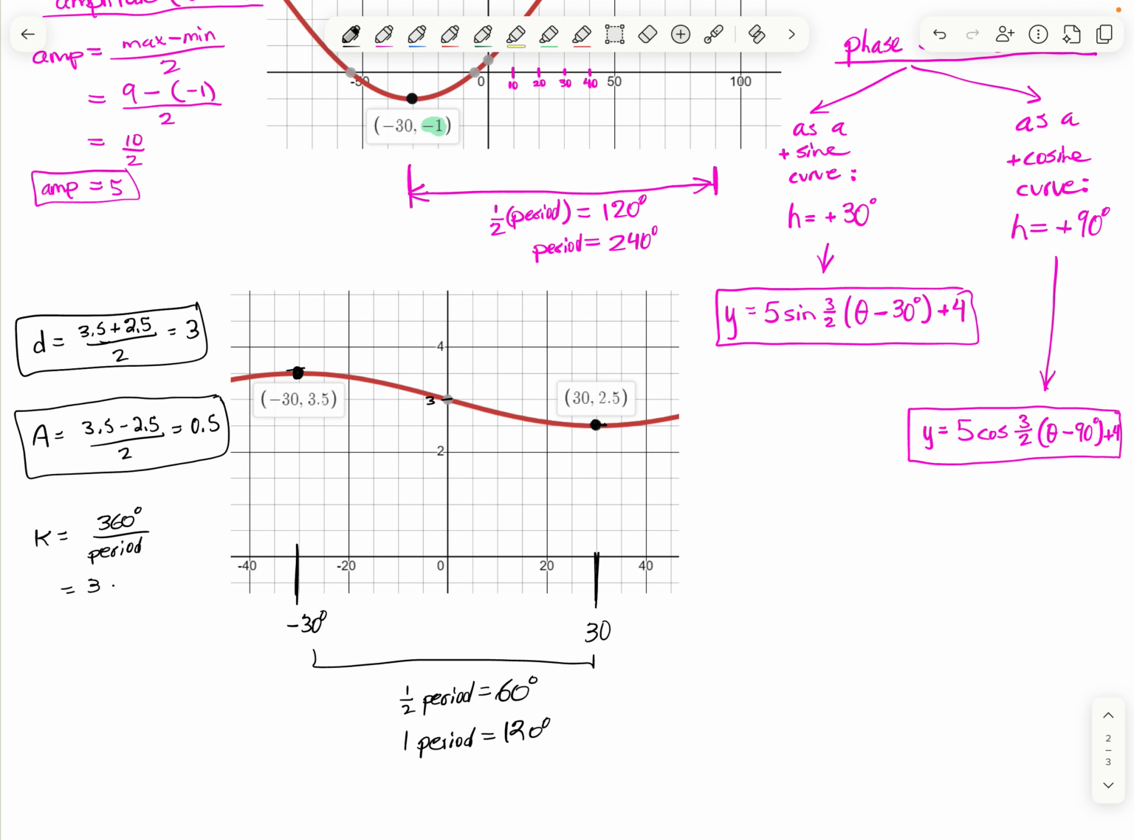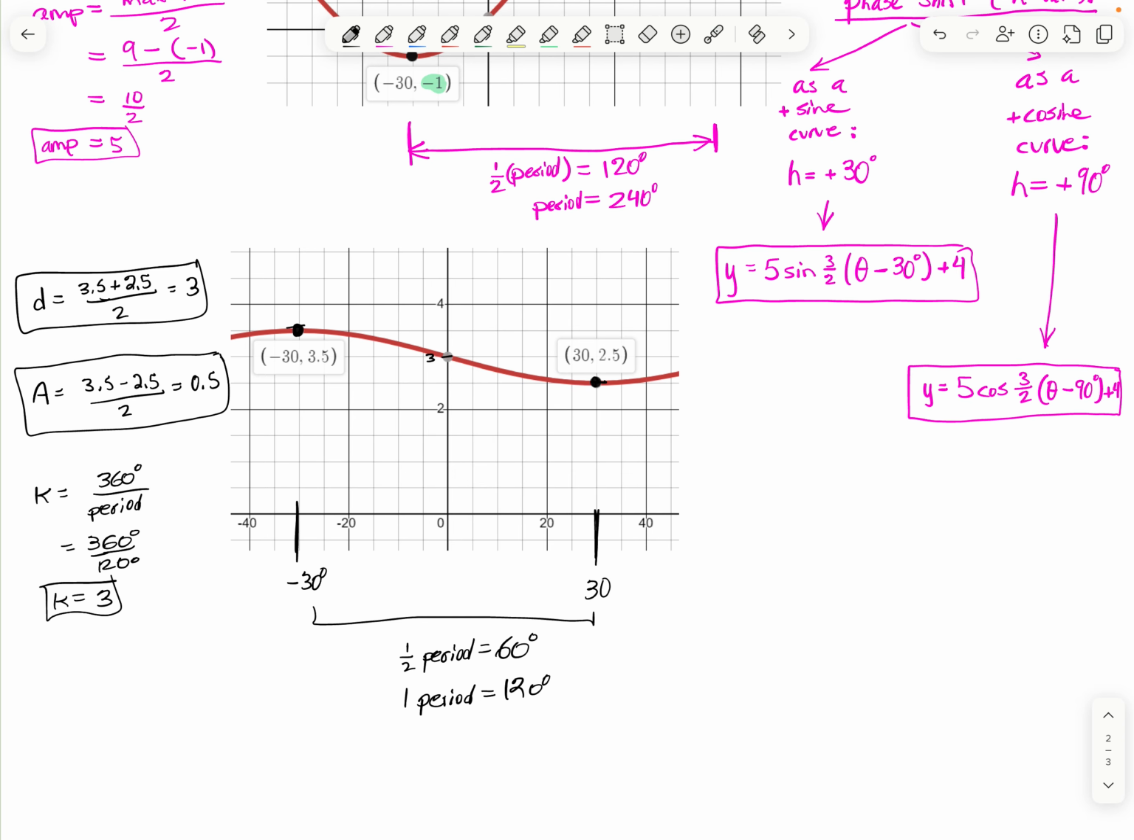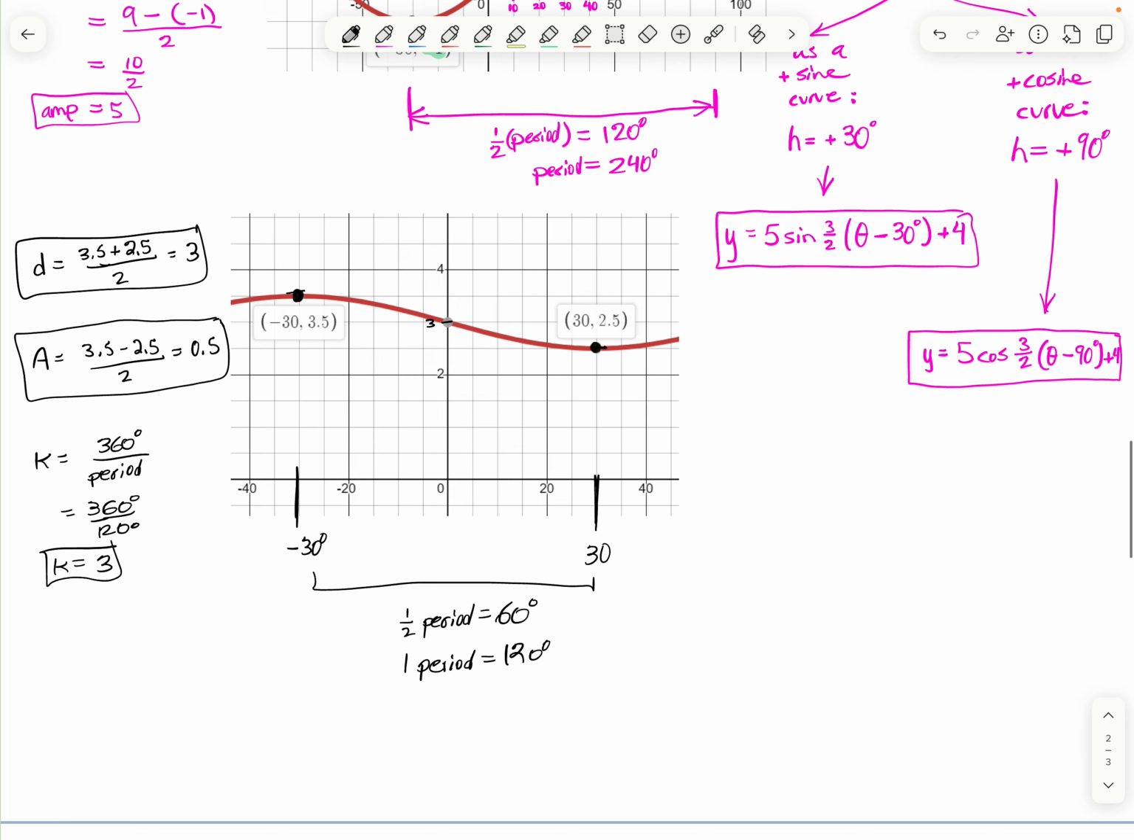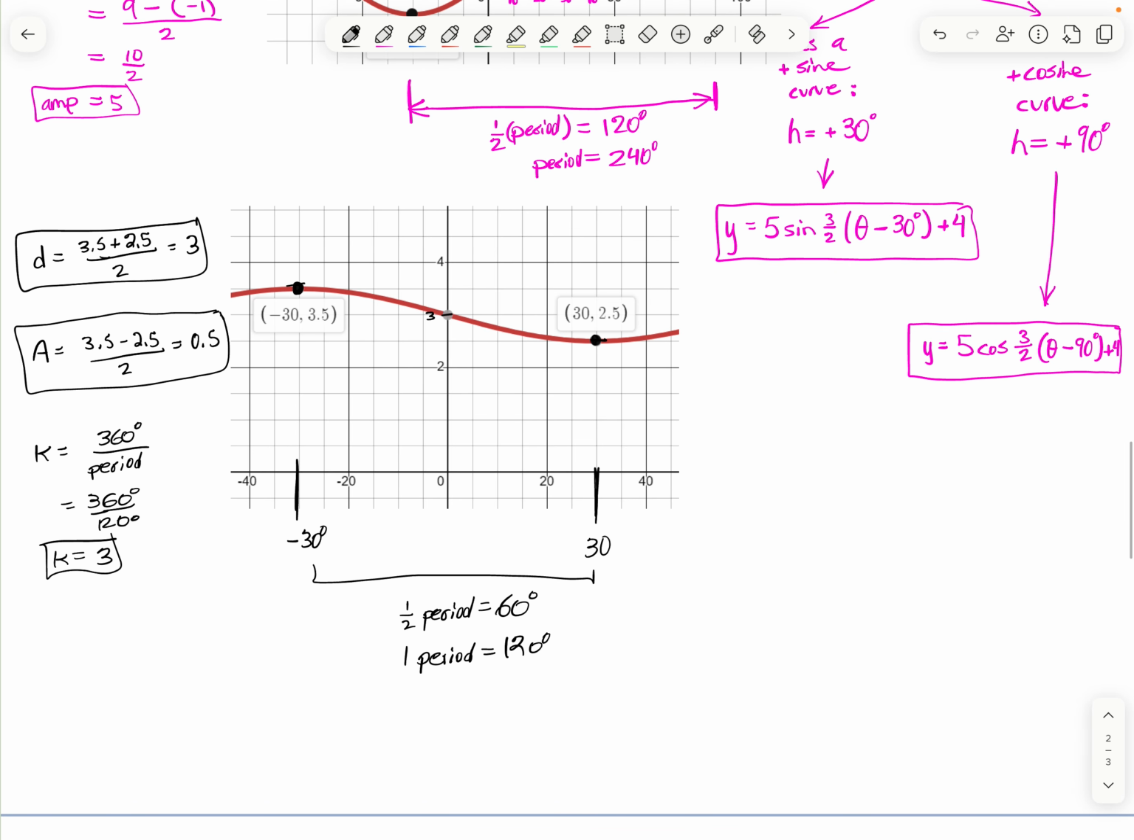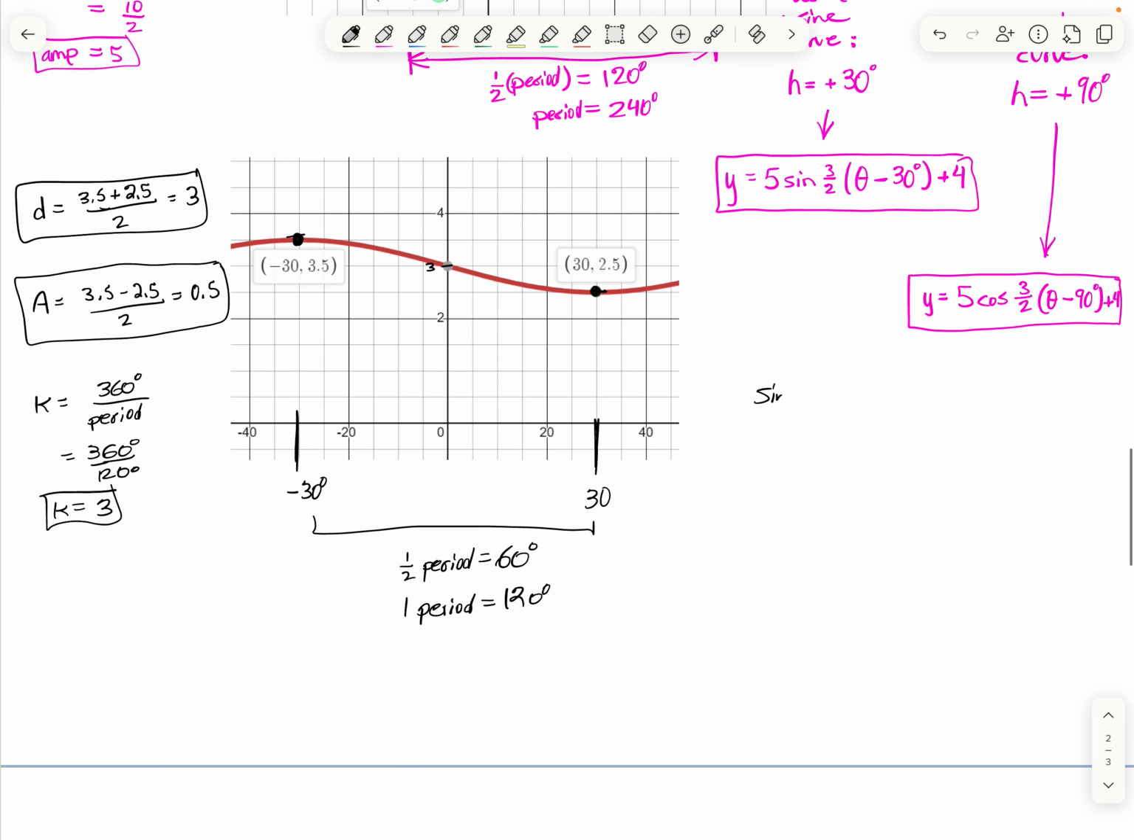So 360 divided by 120, that's going to be 3. So K is equal to 3. So now I figure out, do I want to make this a sine or cosine? What's neat here is that if I wanted to make this a sine curve, let's say I wanted to go with the sine first. If I wanted to make it a sine,